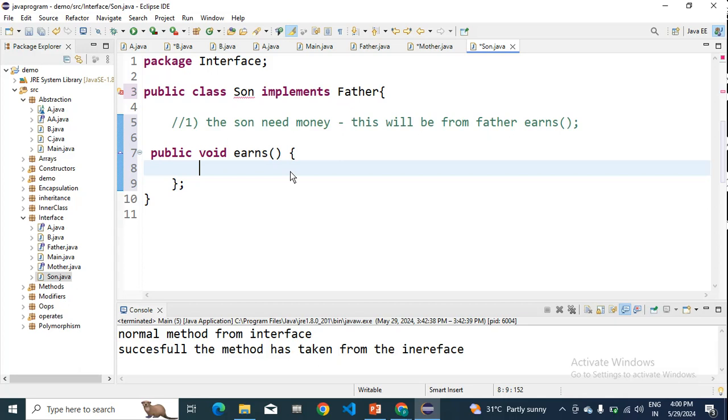Just a minute, I'll connect the charger. Okay,